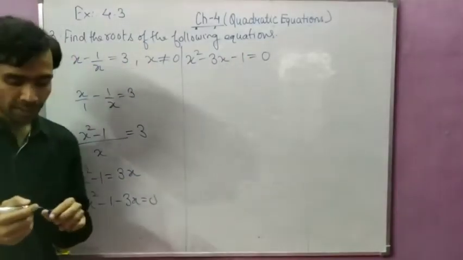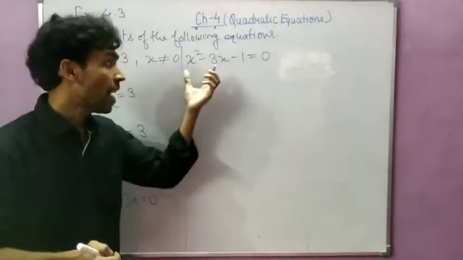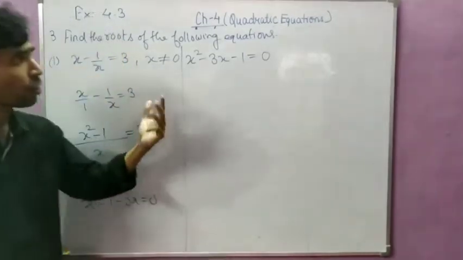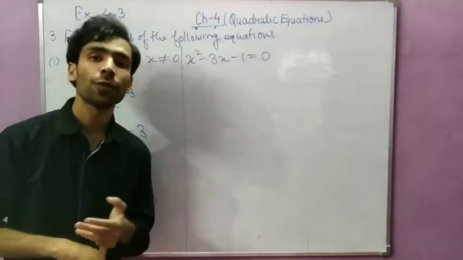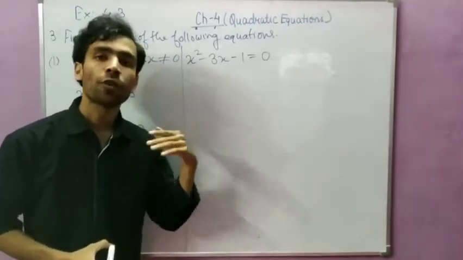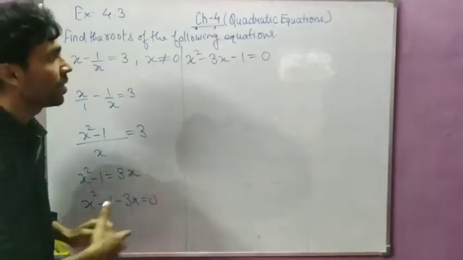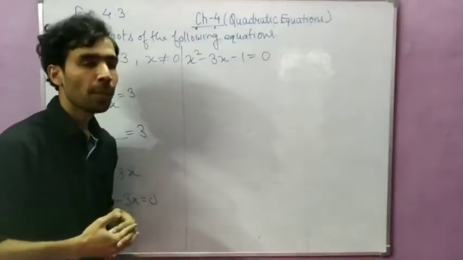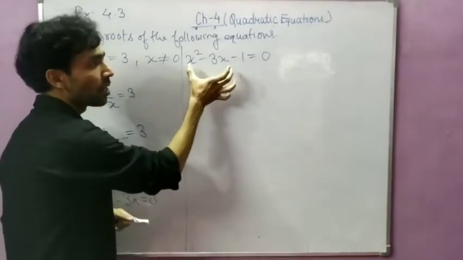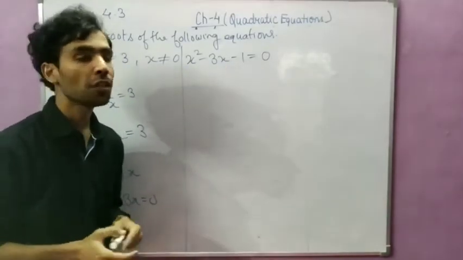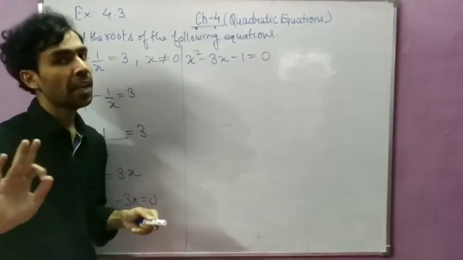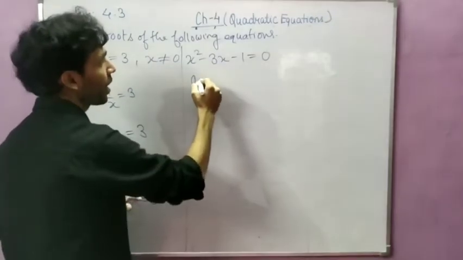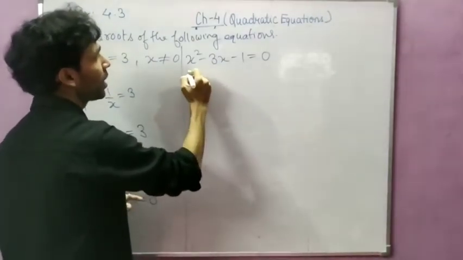Now students, see, can you factorize it? You cannot factorize it. And in the question nothing is specified about which method you have to use. So I suggest you use the quadratic formula method. So when we solve this question by the quadratic formula method, what we will do is compare this equation to the general form of quadratic equations. So now I am writing the values of a, b and c directly.